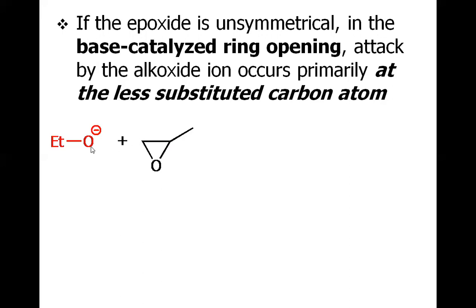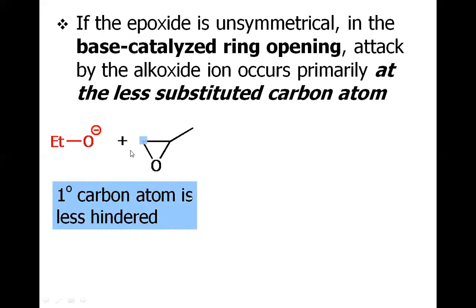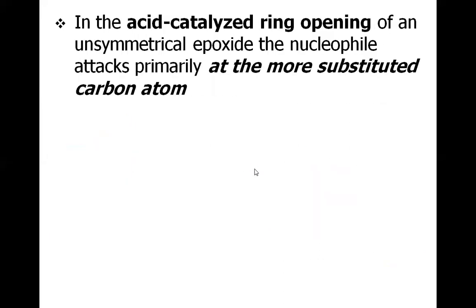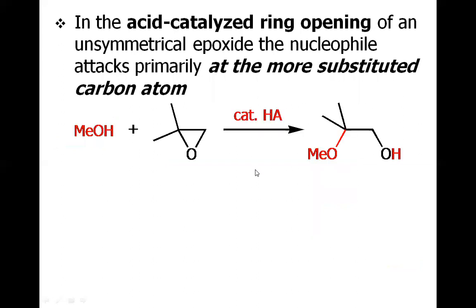So when the nucleophile comes into the position of attack, definitely this ethoxide will prefer to attack from the less hindered side in the base catalyzed reaction, and we have this opening of the epoxide, and then this will be protonated with the help of ethanol, as we discussed. So there is nothing important or new in this particular reaction, but when we consider the acid catalyzed reaction, the reverse is the case. For example, let us discuss this particular example.